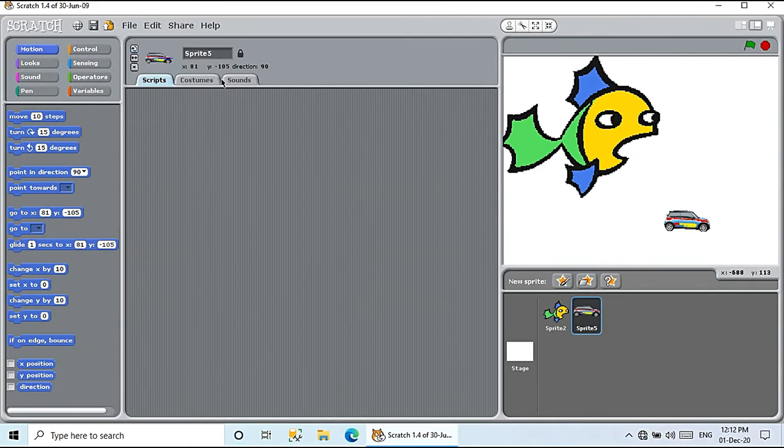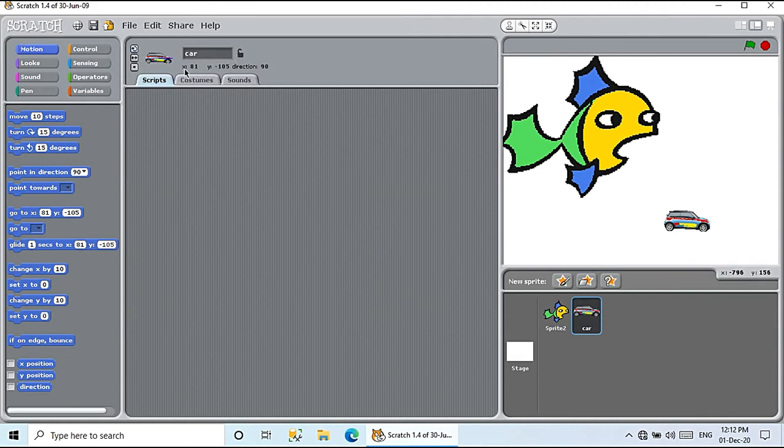Once you have done this, now here you have some more options. Here you can see the name of this sprite is sprite 5. If you want to change the name, you can click on this lock icon. You can change the name of the sprite. Supposing this is my car, so I have written here car. As soon as I click outside, see, the name of the sprite becomes car. These three buttons have already been explained to you.